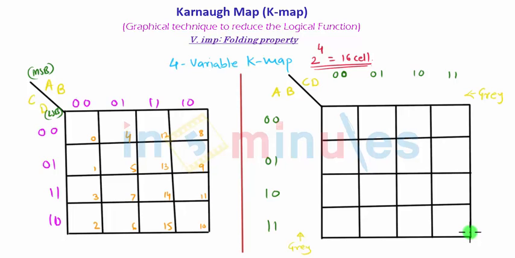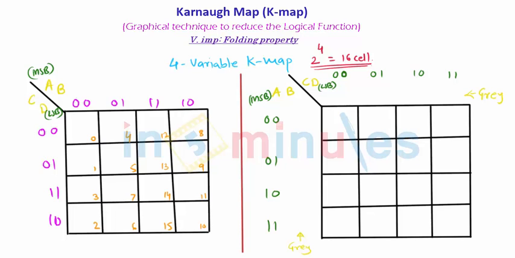Now in the other K-map of the 4 variable, I have flipped the position for A, B and C, D. So once again write down the MSB part. A is the MSB and D is the LSB part. No matter what position you take for the AB or CD combination, never change the order. A, B, C, D should be in order, starting from MSB to LSB.